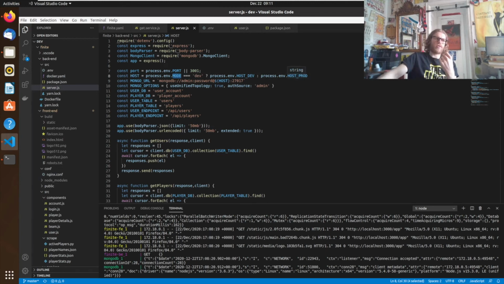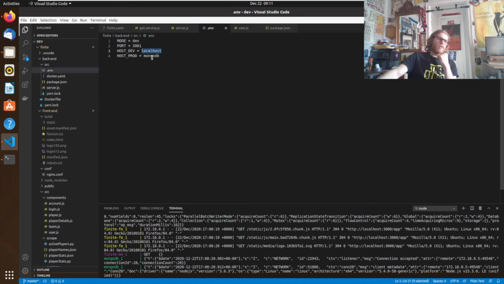But if we were to configure the environmental variable of mode to be not dev, then it would set it as host prod, which would then set the host to MongoDB, and we would have a different string there when we're connecting to the Mongo client. So this was big because